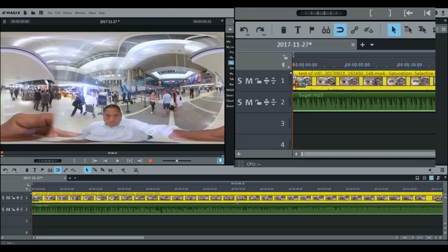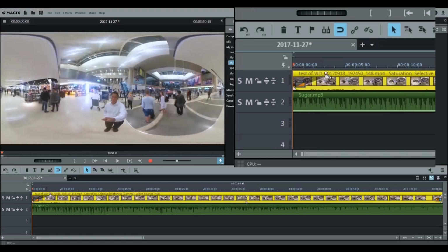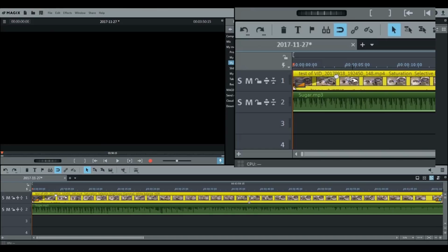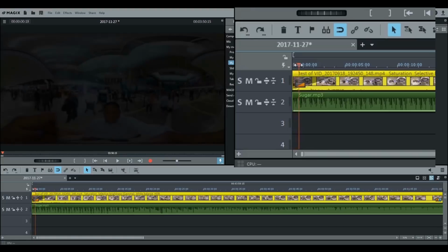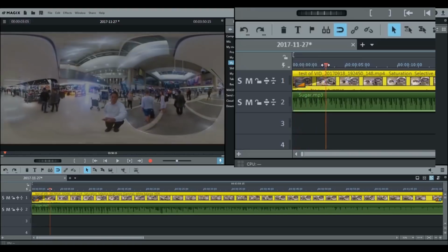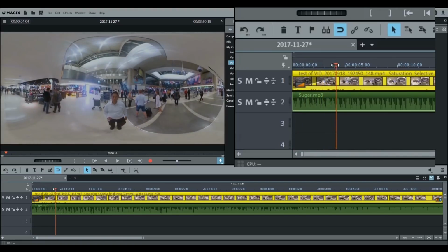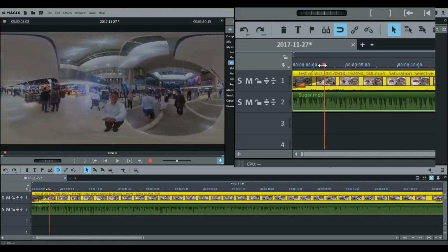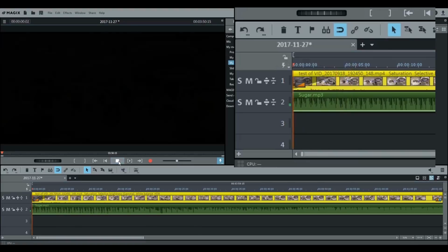So you drag that to the right, let's say. Now you'll see that it creates a line. What this does is it gradually increases the opacity of the video. So now when you play it,